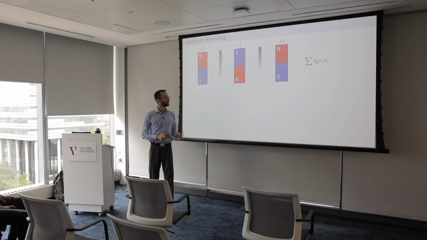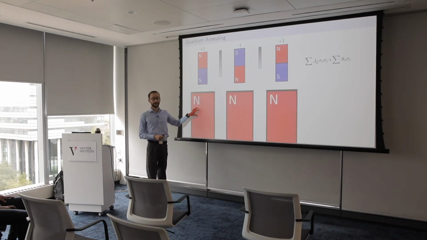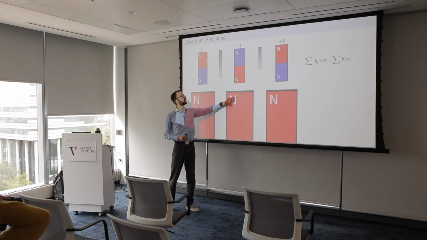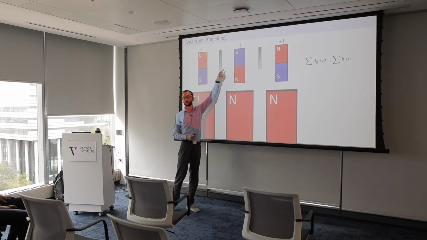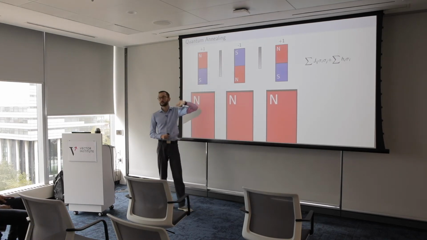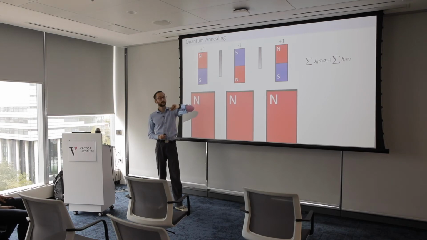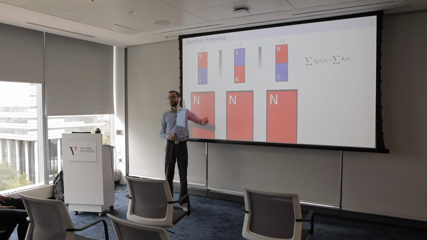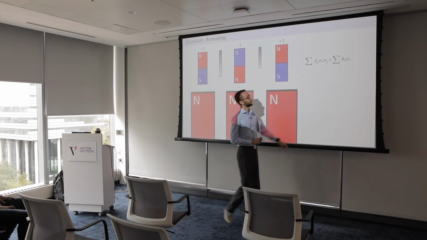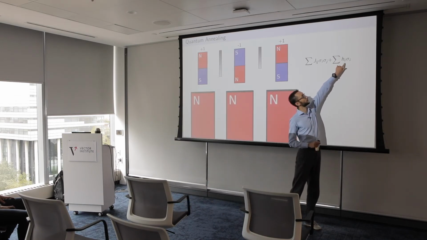Okay? And now you can add very large magnets outside, which create an external field. So if this external field is strong enough, then it can flip this magnet upside down. So there will be some frustration between these two, because these two will not be anti-aligned, but because this magnet is so strong, this will win out. So with this, you are adding this additional term, which measures the interaction between the magnets and the external field.